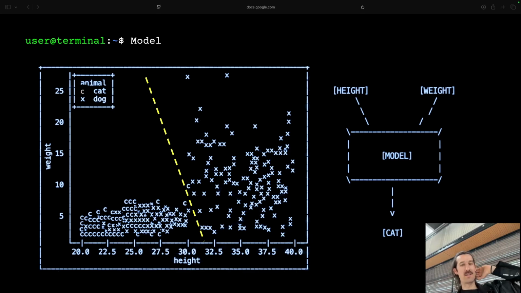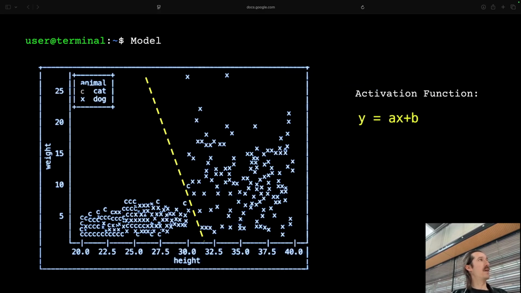Depending on how long ago school was for you, or what math class you followed, this line can be described by this formula over there. Maybe as a quick refresher: y is what we are looking for. It would be dog or cat, so that's probably a number. If it's positive, in our case, it would say it's a dog. If y is negative, it would say it's a cat. We just defined it. Now we could also reverse it, but for the moment we say it like this.